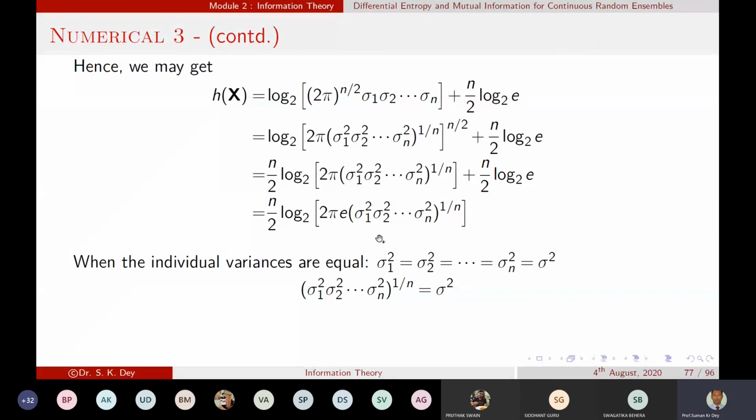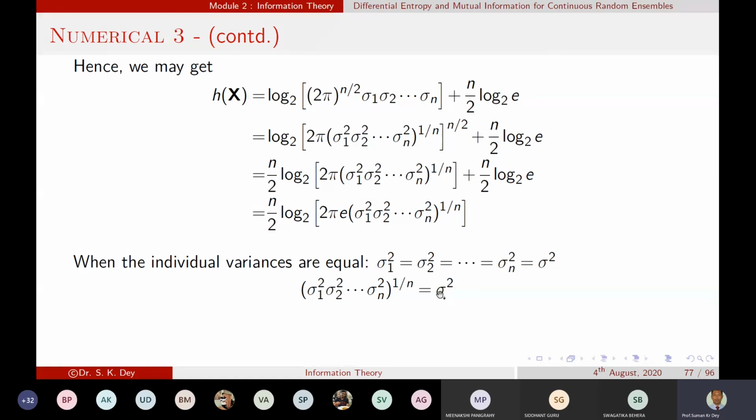Can we write this? Yes, sir. Okay, there is no doubt. Good. Now what we are doing is replacing those values by the sigma square over there. So sigma square into n term, that means sigma to the power 2n by 1 by n. So n will be cancelled, so only sigma square will remain.